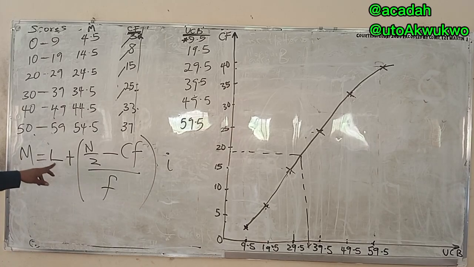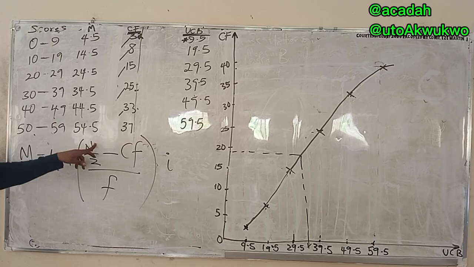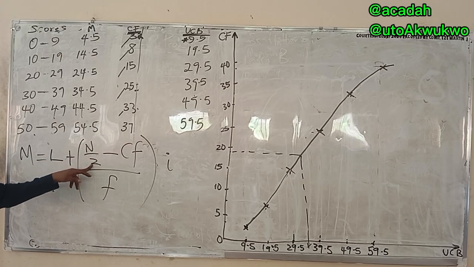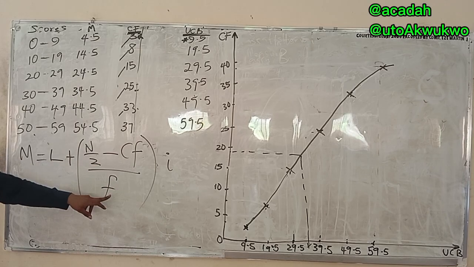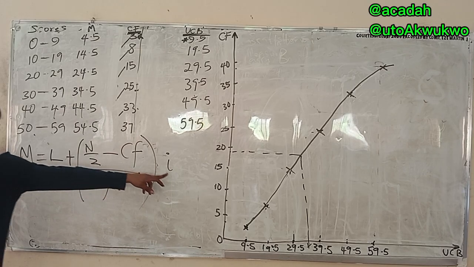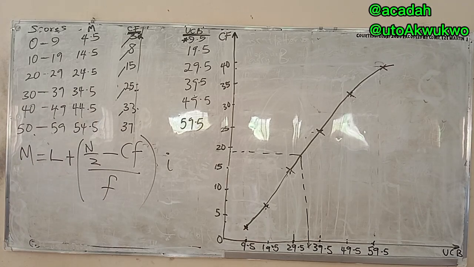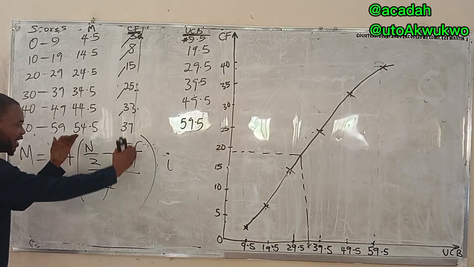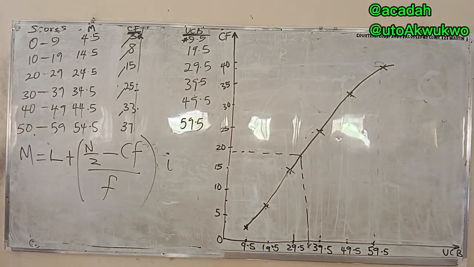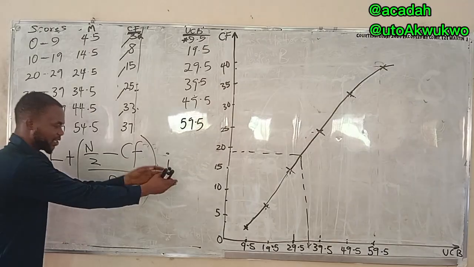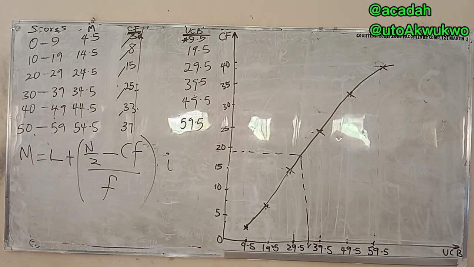I said lower class boundary plus total frequency all over 2 minus cumulative frequency before that class, median class, all over frequency of the median class multiplied by class interval. This is class interval. So it's not like saying do everything here, multiply by this, add to this. Do everything here, multiply by this. We will do it. We will get it. In fact, I will not use this one. I will claim so that I will do it step by step. Any example we use there, we use it. Let's not economize and maybe we limit our knowledge.